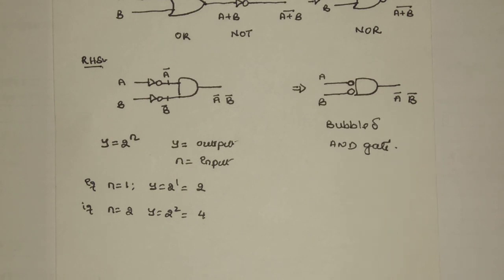And for the truth table, you are observing that a truth table is a table which shows the possible combinations of inputs and the outputs that exist. In general, it is given by y is equal to 2 to the power of n, where y is the number of outputs and n is the number of inputs. For example, when n is equal to 1, y is equal to 2 to the power of 1, that is equal to 2. In other words, if it has only one input, outputs are 2 in number. If n is equal to 2, y is equal to 2 to the power of 2, that is equal to 4. In other words, if the number of inputs is 2, outputs are 4 in number.